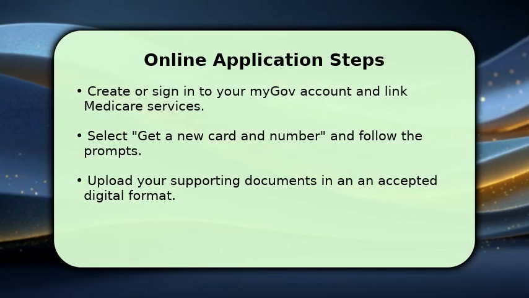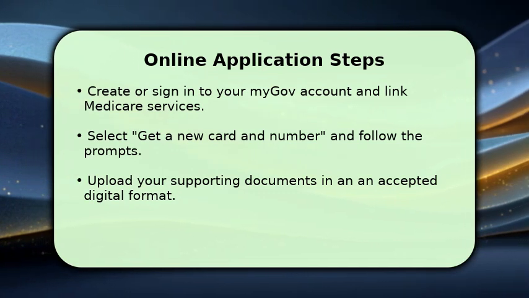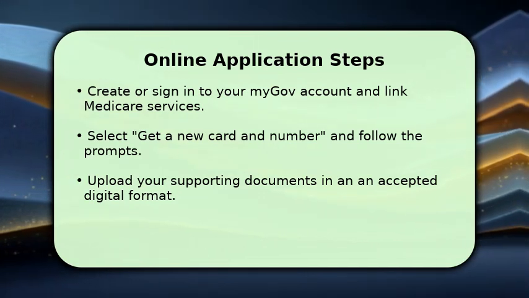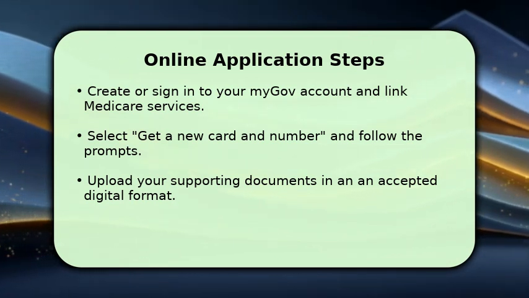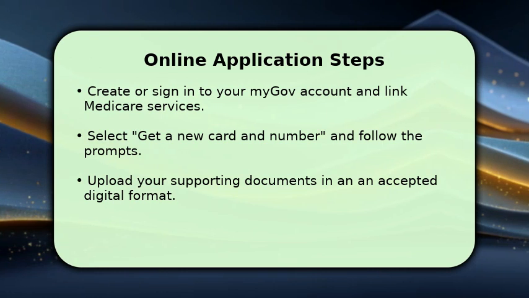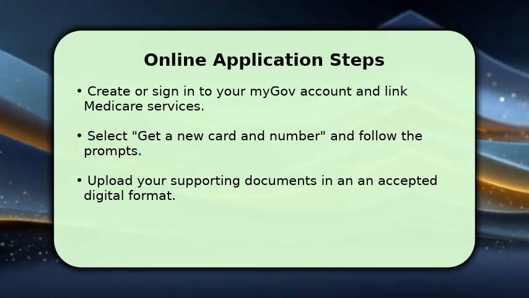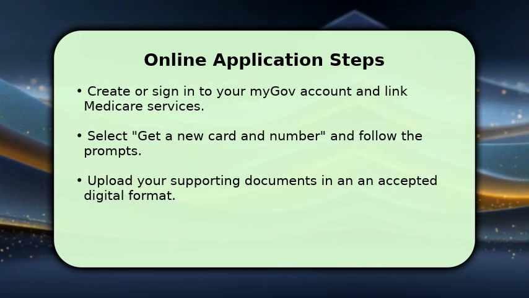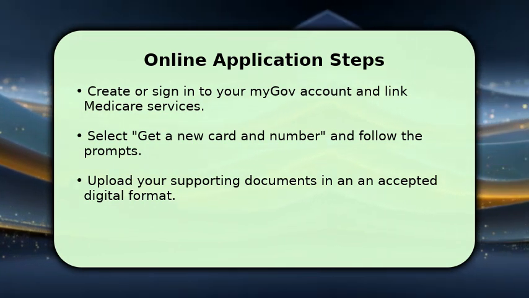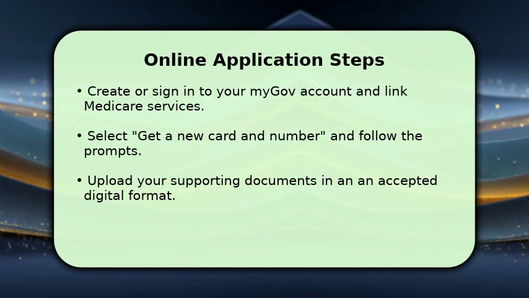Now, let's walk through the online application. Begin by signing into your MyGov account. If you don't have one, you'll need to create it first. Once logged in, link your Medicare services. Then, navigate to the My Card section and select Get a New Card and Number. Follow the on-screen prompts, uploading your prepared documents in a clear, digital format. It's quite